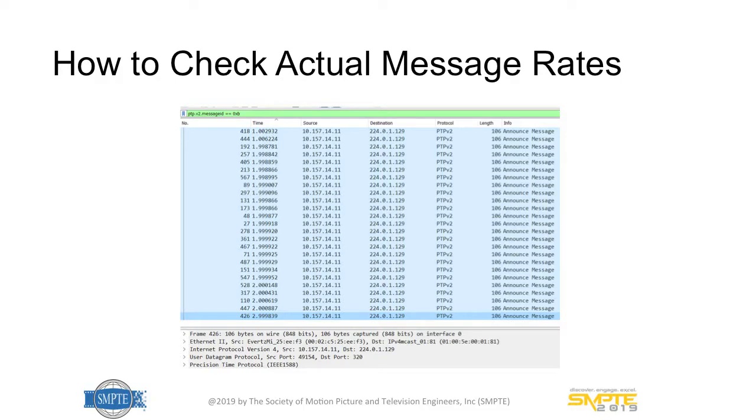At the top here, I clicked on an Announce message. I said, filter on this. That's what put it on the top line. I set the time field to the delta, and then I just did a sort on the time field. This was a capture which I did over, say, 24 hours. Most of the packets at the top were around 1 second per message, which was good. You'll then see about the next 25 messages or so were closer to 2 seconds, and then right at the bottom, there's a 3-second one. Using a technique like this, you can very easily see the message rates and determine if there are issues.